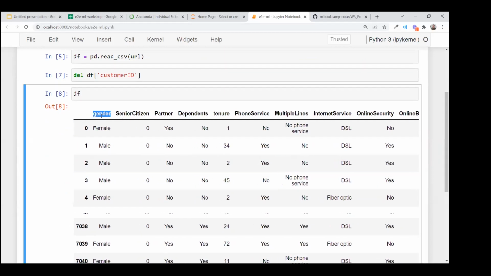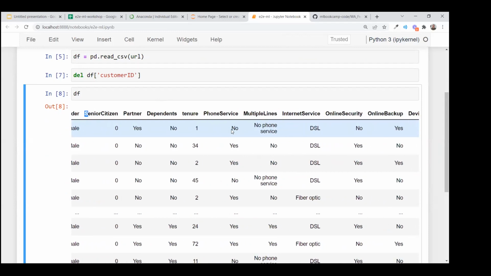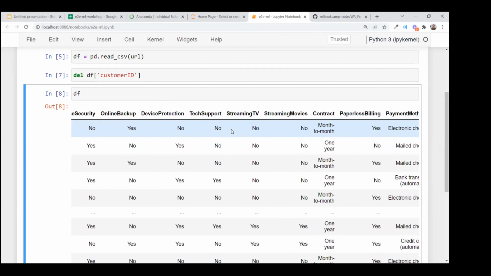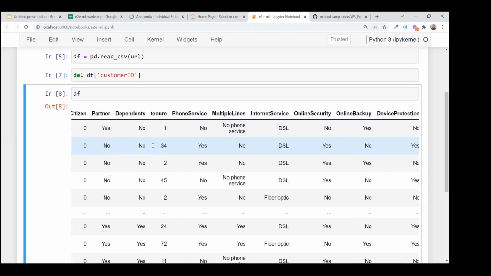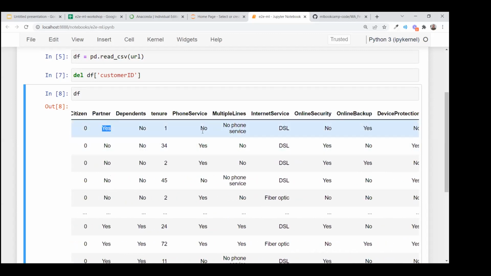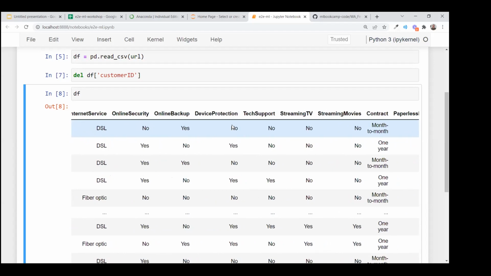And then we see that there is some inconsistency in how the columns are named. Sometimes it starts with lowercase, sometimes it starts with capital case. This is kind of not nice. Ideally we want to make it uniform, consistent. We also want to do the same for the values: make everything lowercase, and when we have spaces, replace them with underscores. Usually it makes things easier when they are consistent.